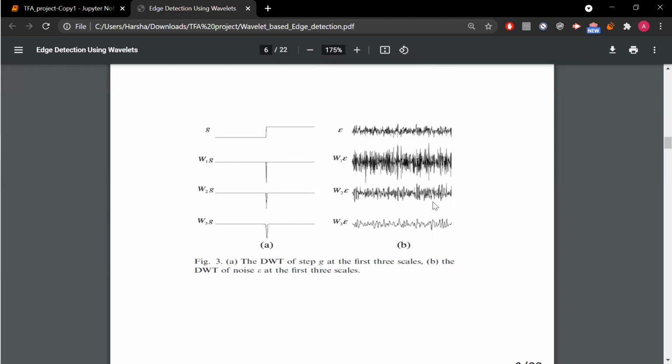Consider figure B. Here we have white Gaussian noise. In this, we can see as the j value increases across scales, the noise is suppressed. So multiplying two adjacent scales will suppress the noise even more, and also increase our edge information. This is the key thing we will use here. Next slide.